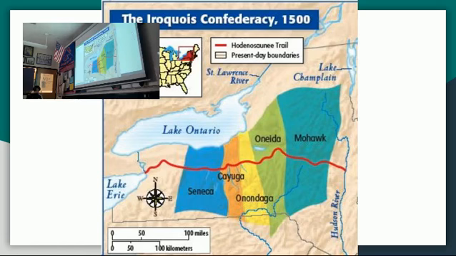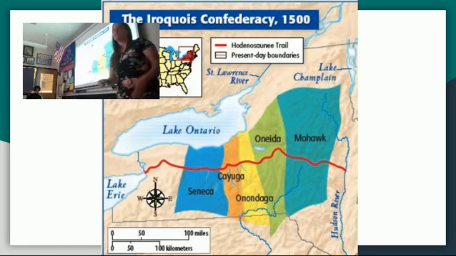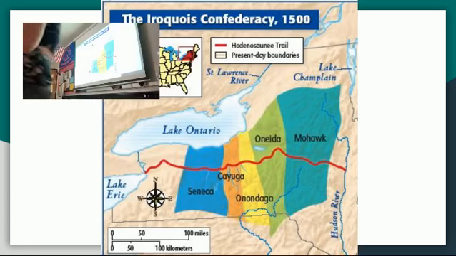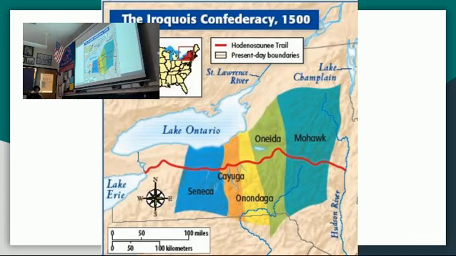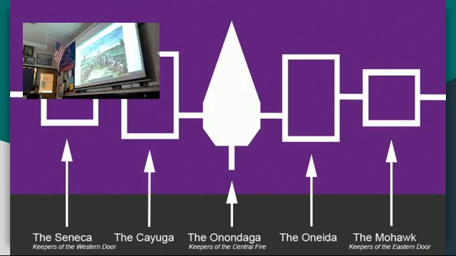So 5 nations in the Iroquois area are going to come together and decide that they are going to create this confederacy in order to stop so much hate. Why this happens is because there's a lot of conflict, in particular over hunting grounds. They're coming into conflict with each other. They live very close. So this guy is going to basically have a vision. And after that vision, he is going to create a document called the Great Law of Peace